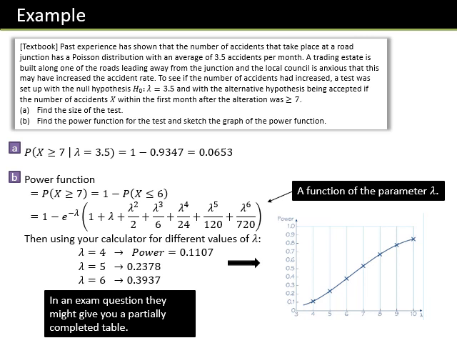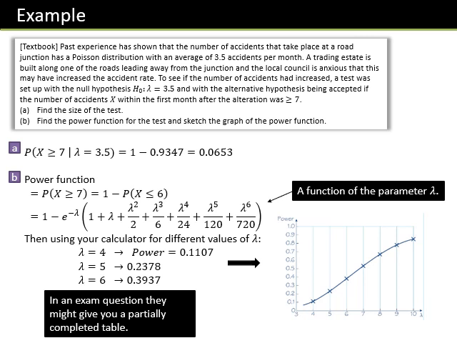Like it says here, we might have to do that with a partially completed table. We might have to just work out a couple of the powers or just one of the powers. There's nothing particularly different from what we were doing last lesson, apart from that you just need to do it two or three times to generate all of the values for the power function